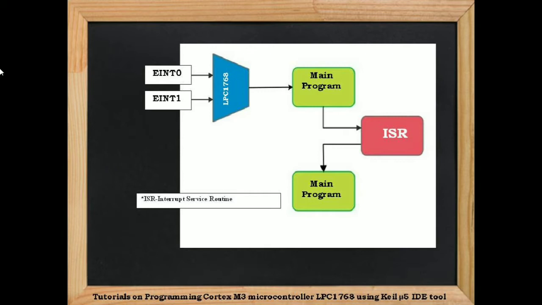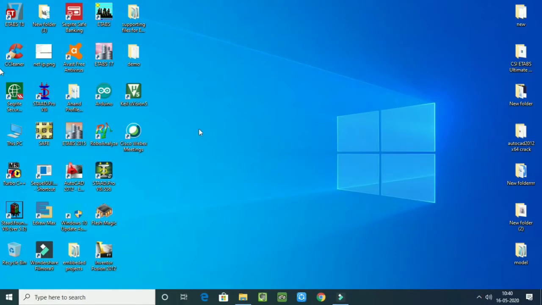In our case, main program is execution of 7-segment display, whereas ISR is just a delay program. So 7-segment display program, that is counting from 0 to F, will be executing, and when external interrupt is provided, it stops the display of number, and when the input switch is pressed, it resumes to display the number. Okay, so here ISR is just a delay program. With this, let us execute the program for demonstrating external interrupt.